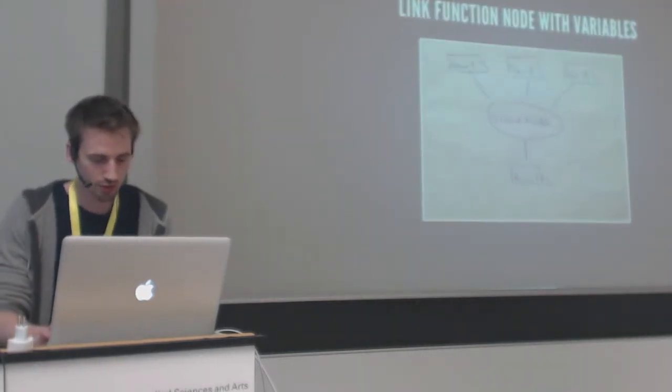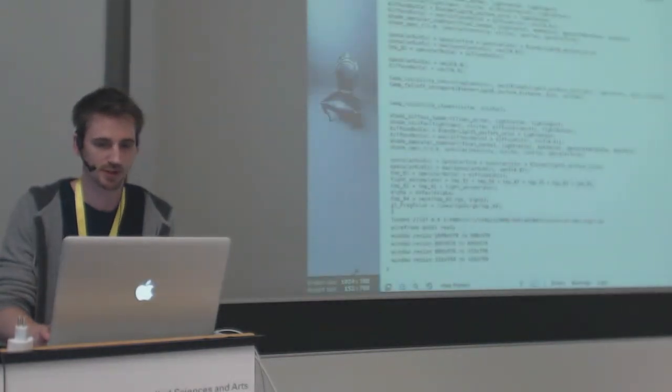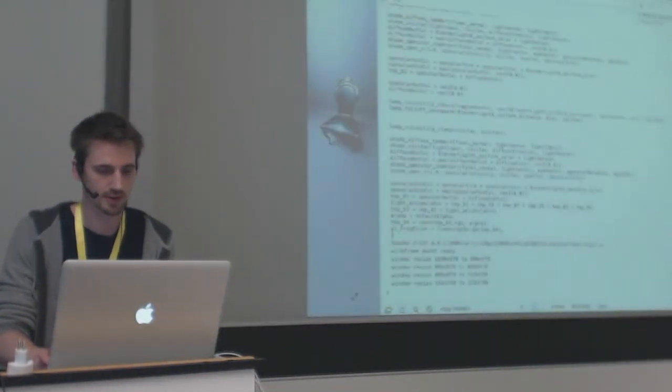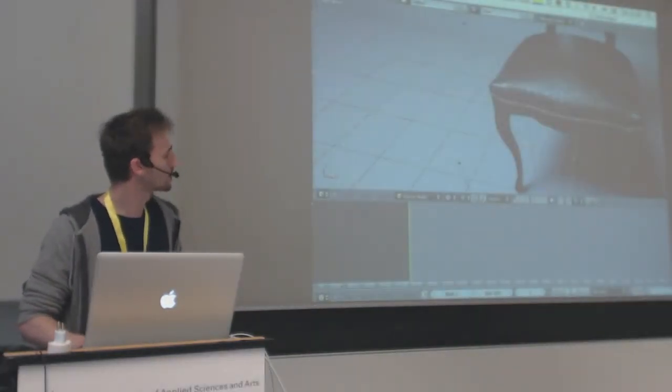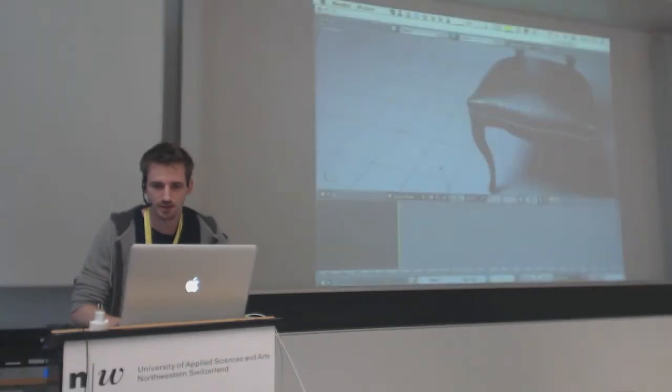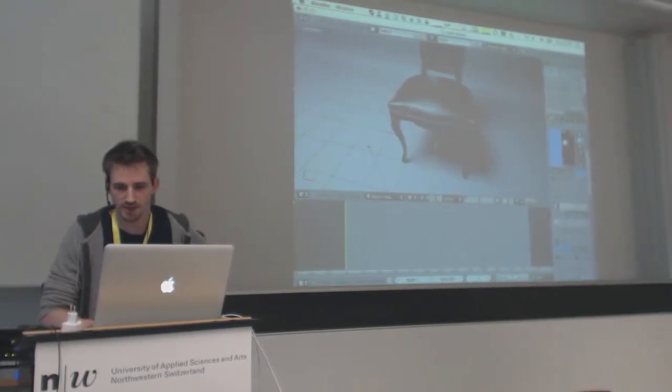I'll show an example. Typically, we have this kind of shader.